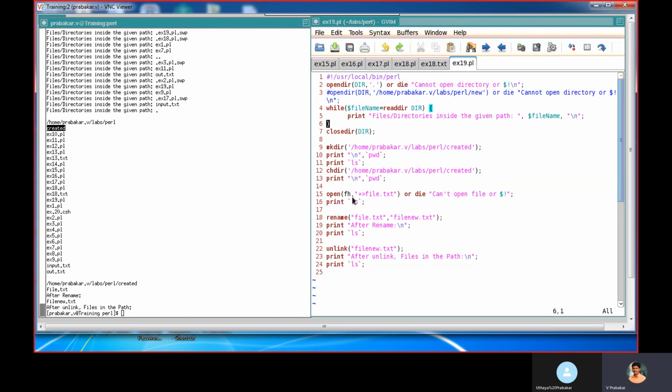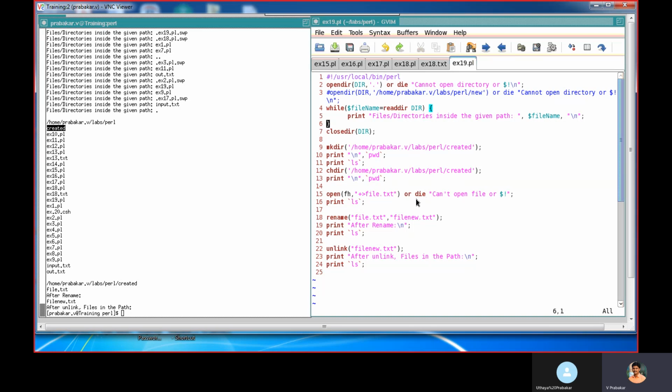Then inside that created directory, using open, I'm opening a file in read and write mode. Plus greater than represents read and write mode. The file.txt file will be created. This plus greater than is used to create the file in read and write mode. So I am creating a file inside the created directory.